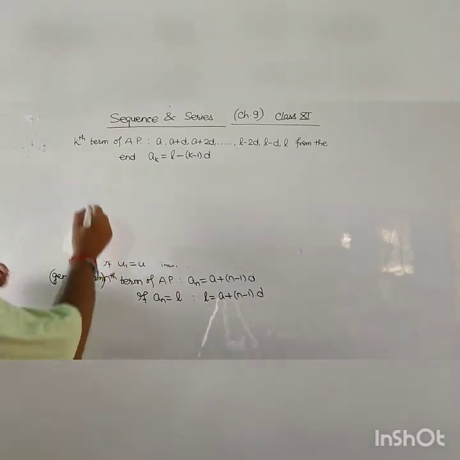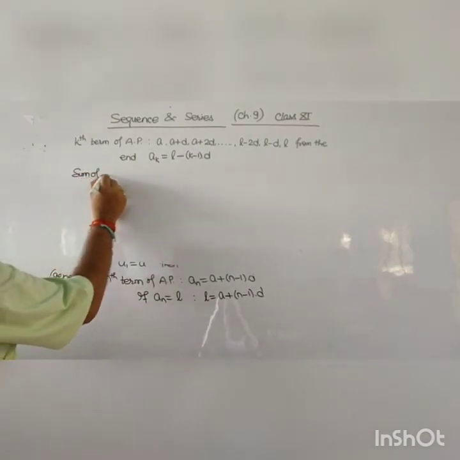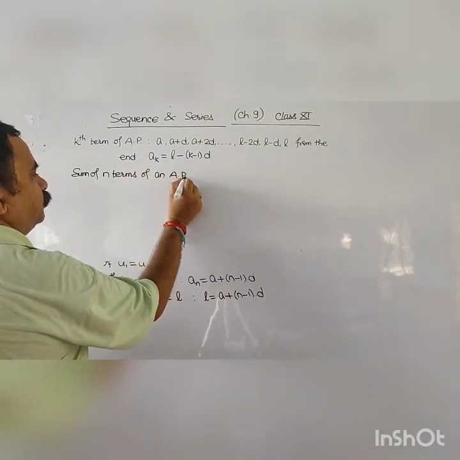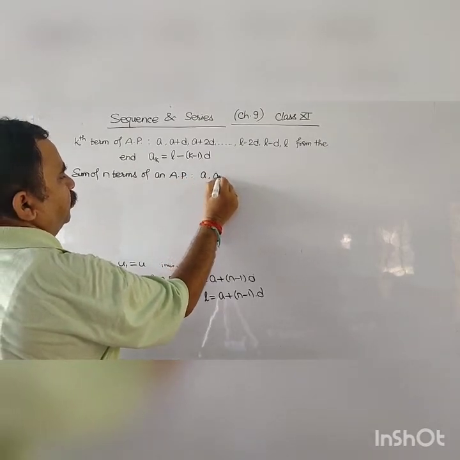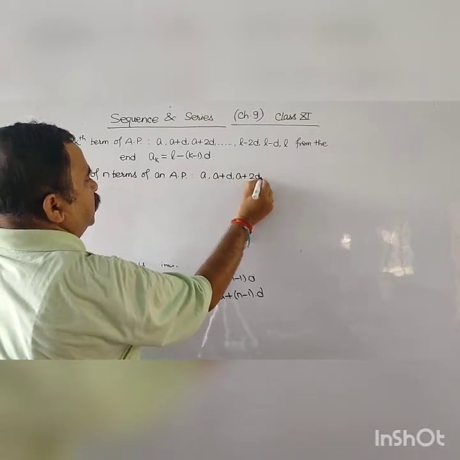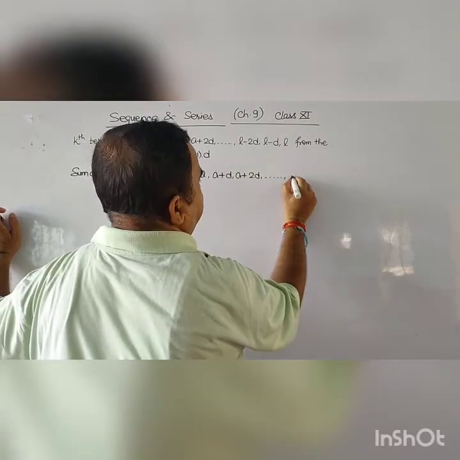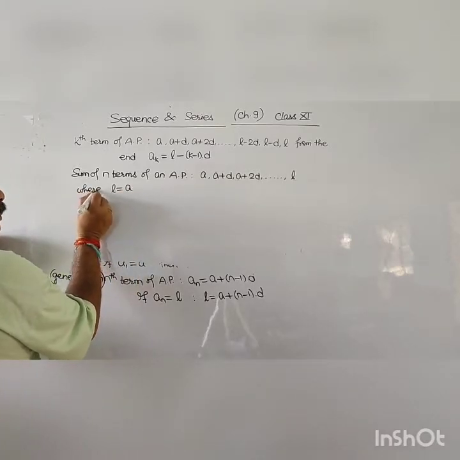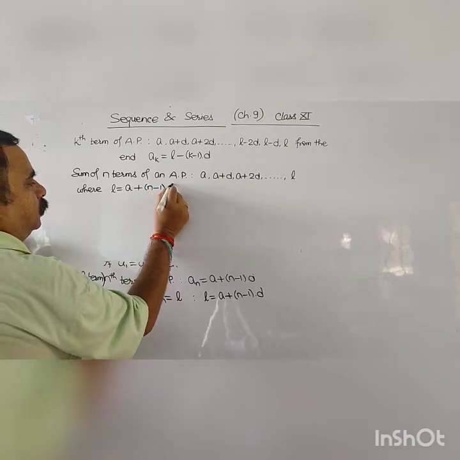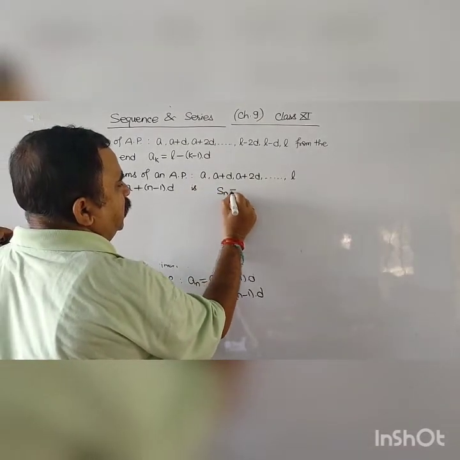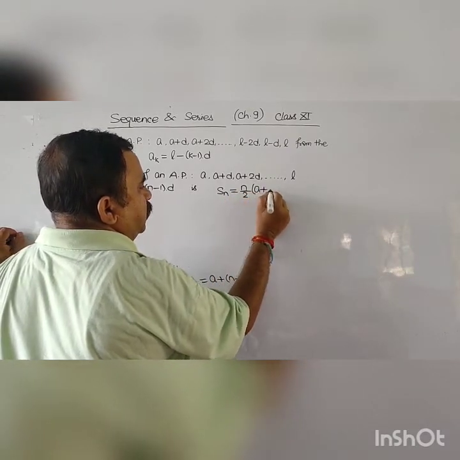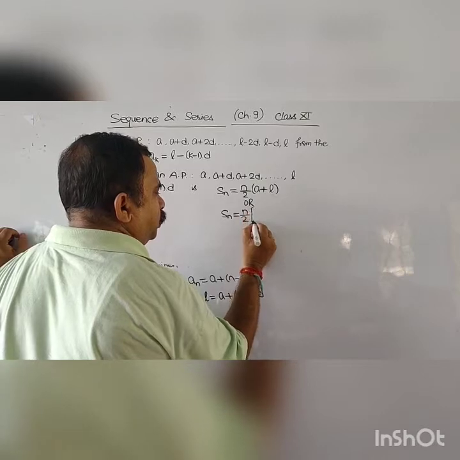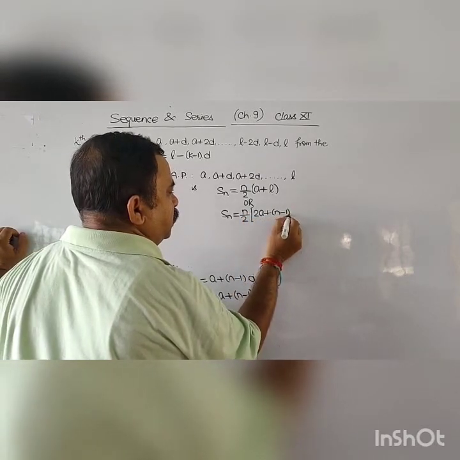Now sum of n terms of an AP, a, a plus d, a plus 2d and so on, an or L, where L is a plus n minus 1 into d, is Sn equal n by 2 a plus L, और दूसरा फार्मूला Sn इक्वल n by 2 2a plus n minus 1 इंटू d।